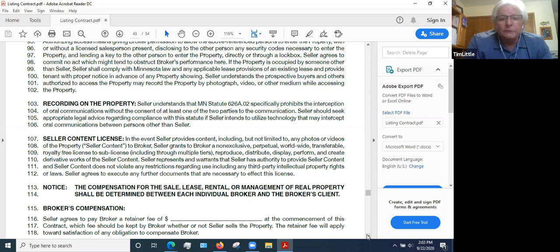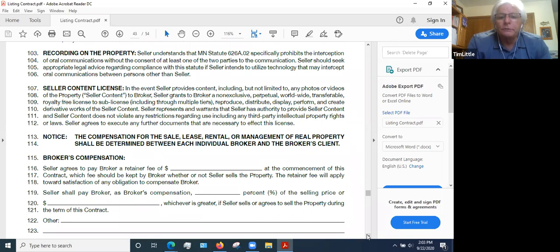Seller's content to license, seller's providing content excluding but not limited to any photos. So, seller's got some pictures or some summer pictures if you're listing it in the winter, or winter pictures when you're listing in the summer to show how nice the sliding hill is down back. You want to talk to them about that. Compensation,